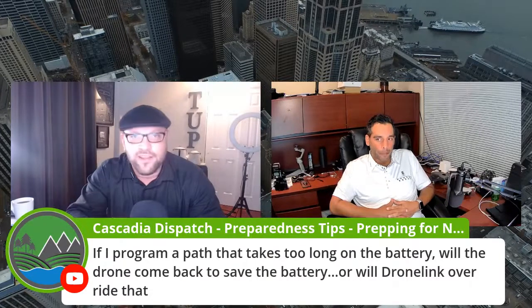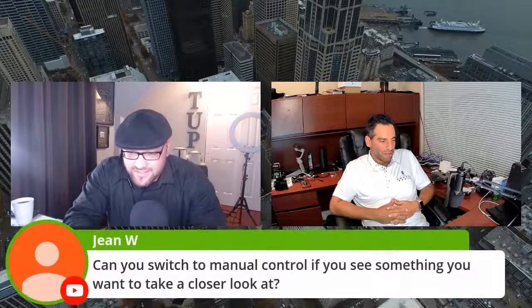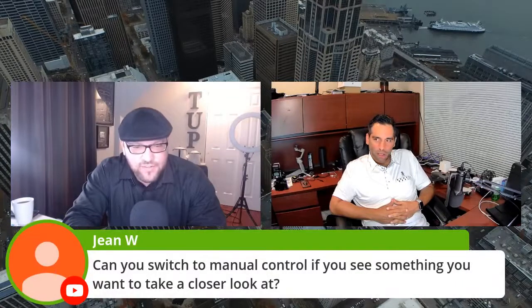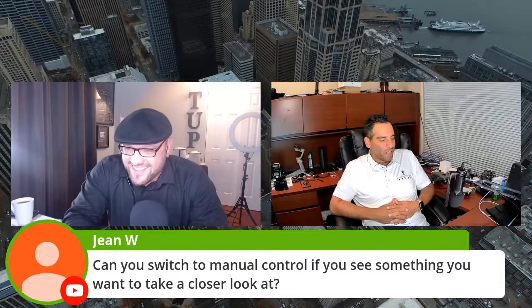So yeah. And one of the limitations with the DJI Mavic Mini is that it has a lack of sensors overall, where if I want to run it into a building, it's going to run into the building because I told it to. So this kind of relates to this next question here from Gene, as far as can I switch to manual control if you see something you want to take a closer look at? And I say yes, because I've done it before, but I'll let you